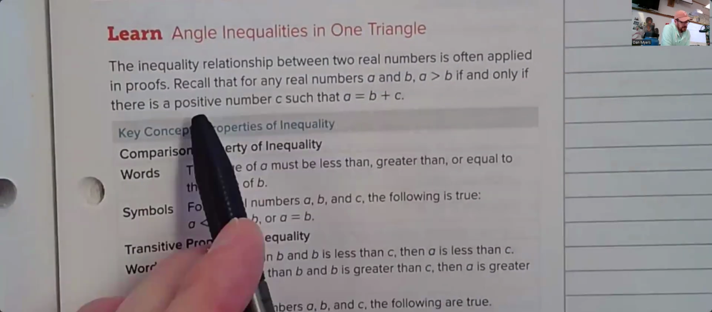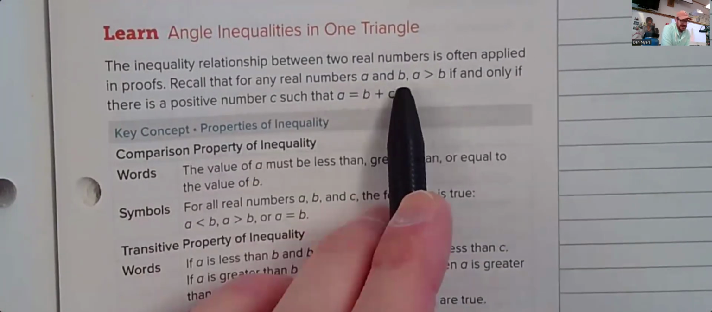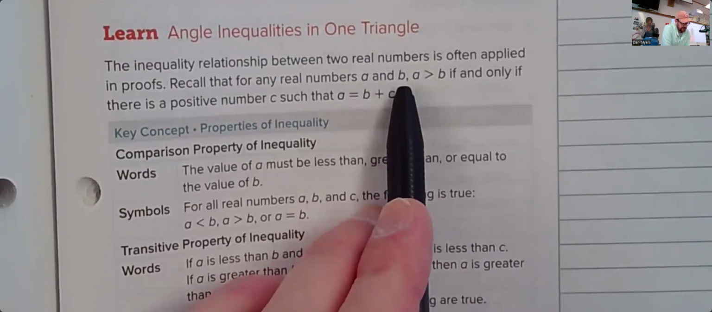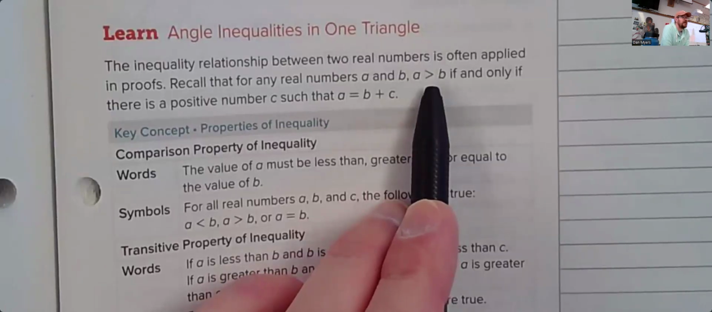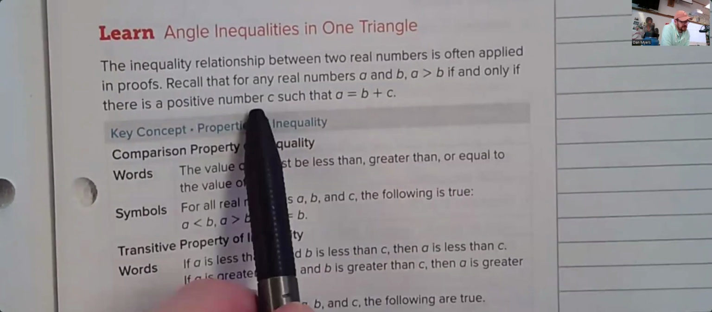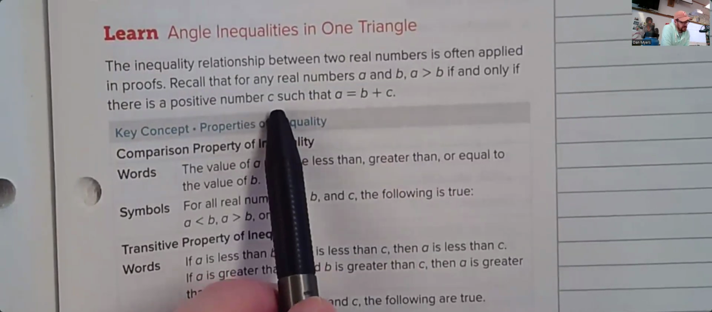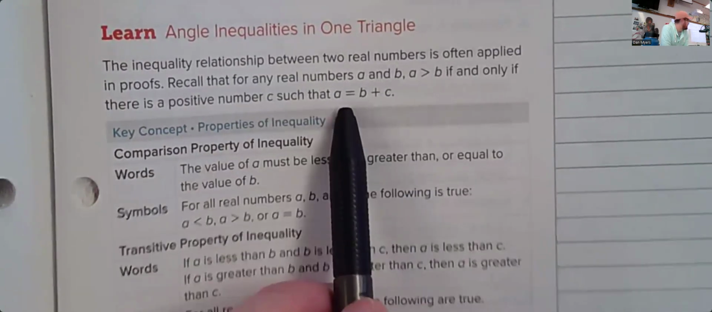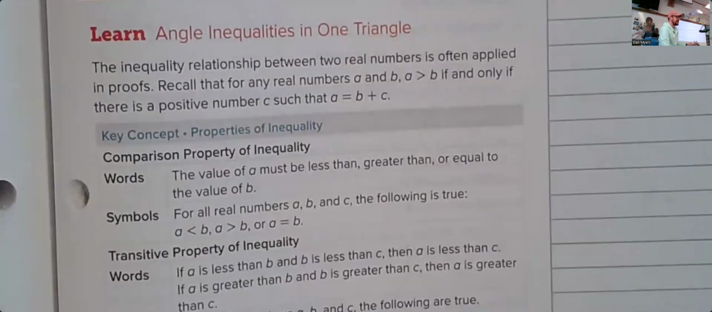So if you have any numbers, A and B, A is greater than B if and only if there's a number C such that B plus C is equal to A, or A is equal to B plus C. Basically, in numbers, what that means is,